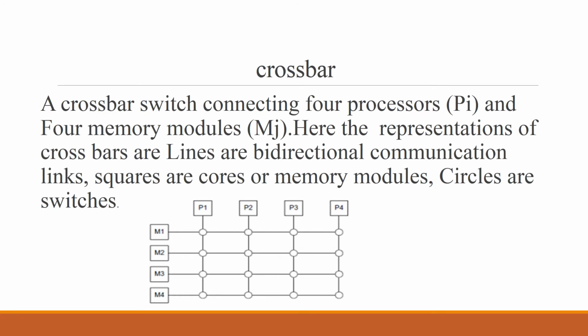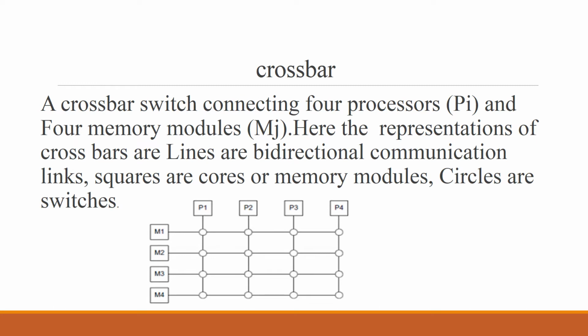Crossbar networks allow any processor in the system to connect to any other processor or memory unit so that many processors can communicate simultaneously without contention. A new connection can be established at any time as long as the requested input and output ports are free. A crossbar can be defined as a switching network with n inputs and m outputs, which allows up to minimum of n, m one-to-one interconnections without contention.